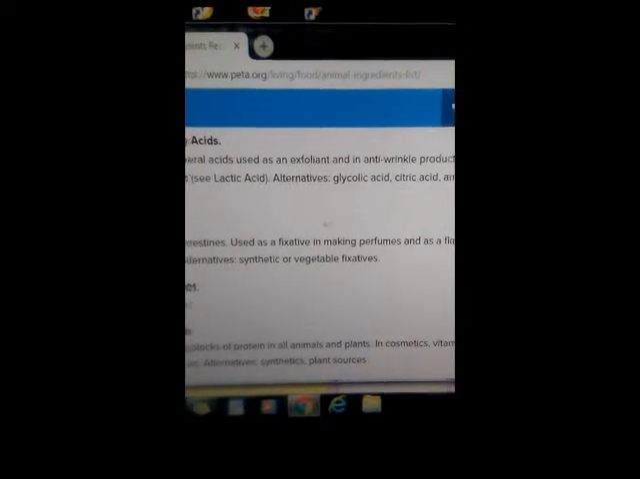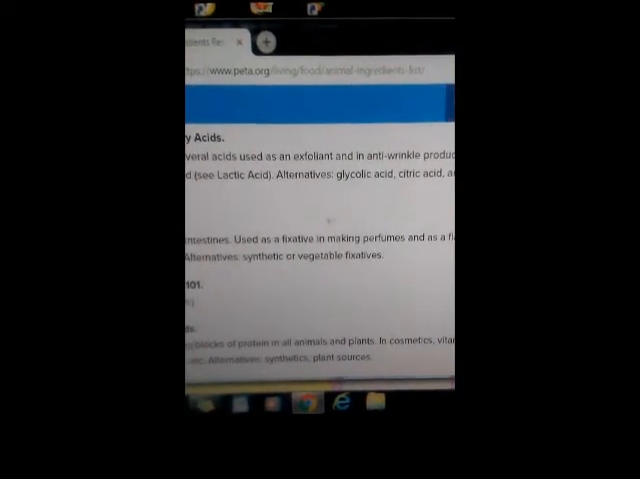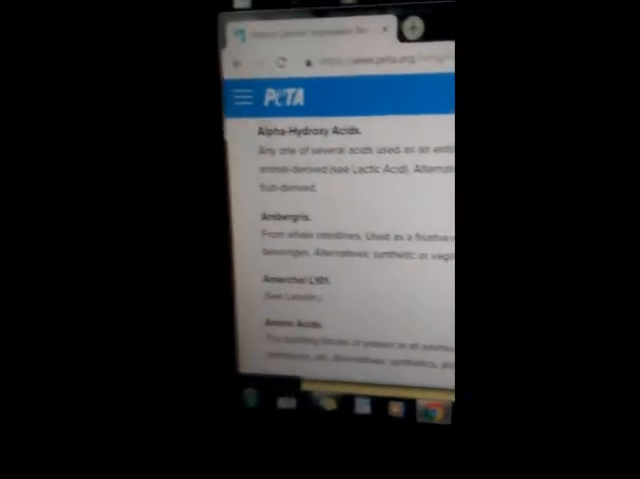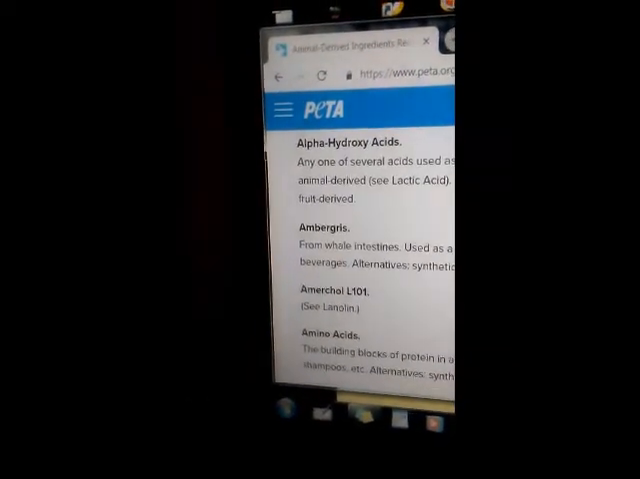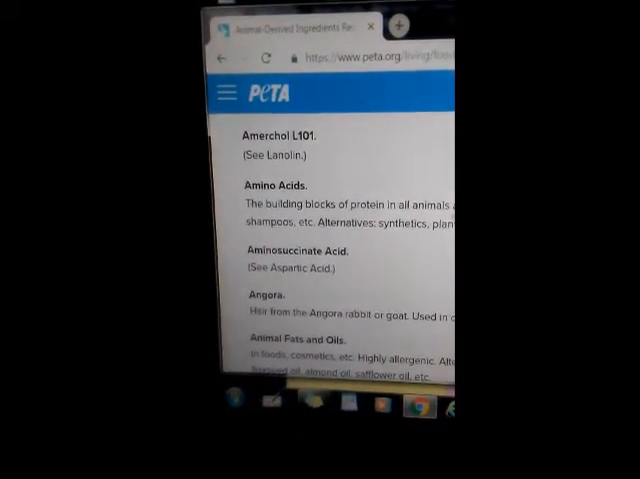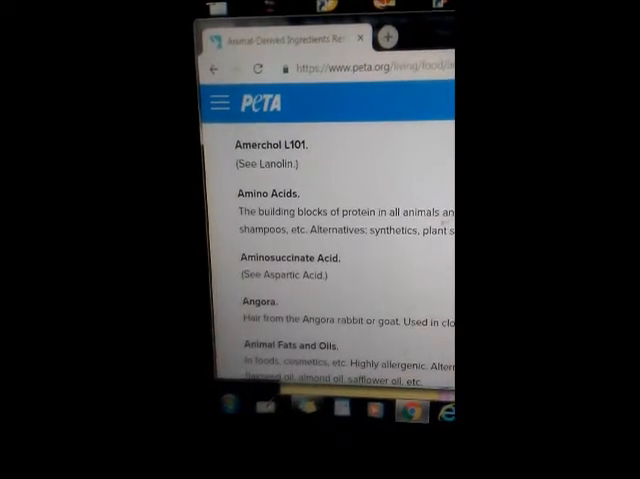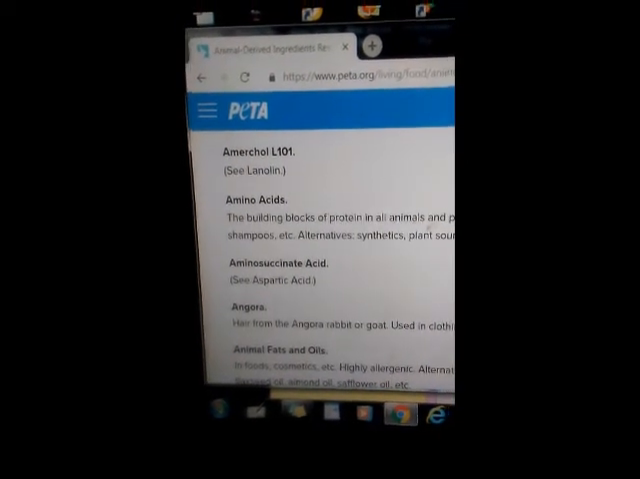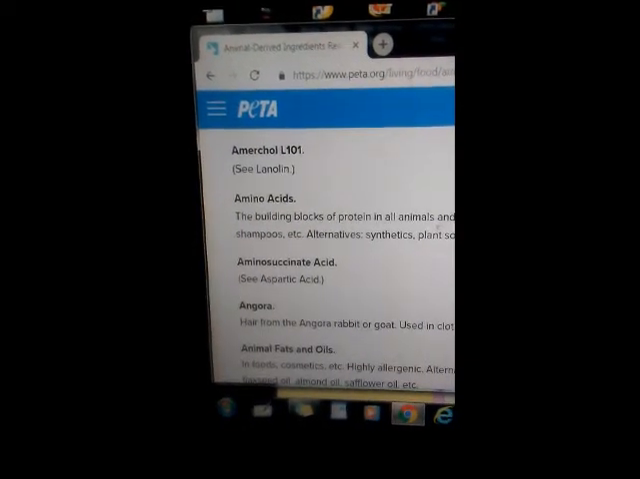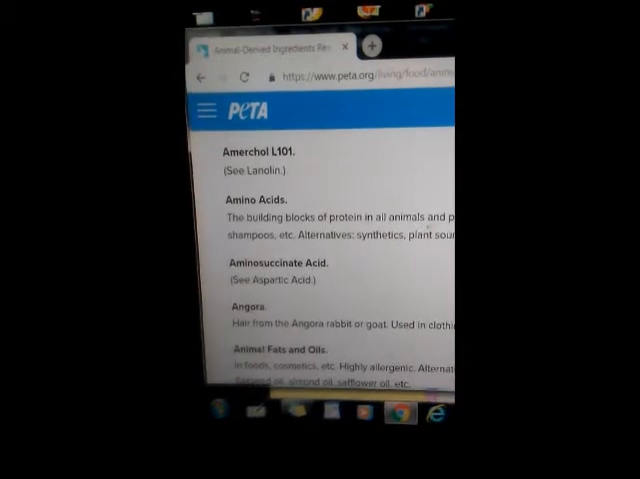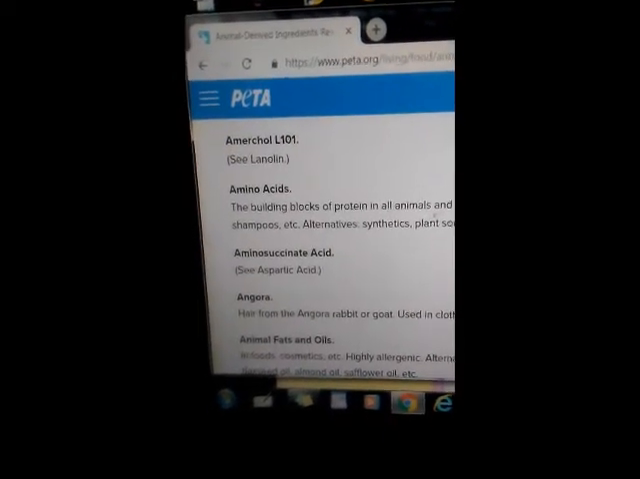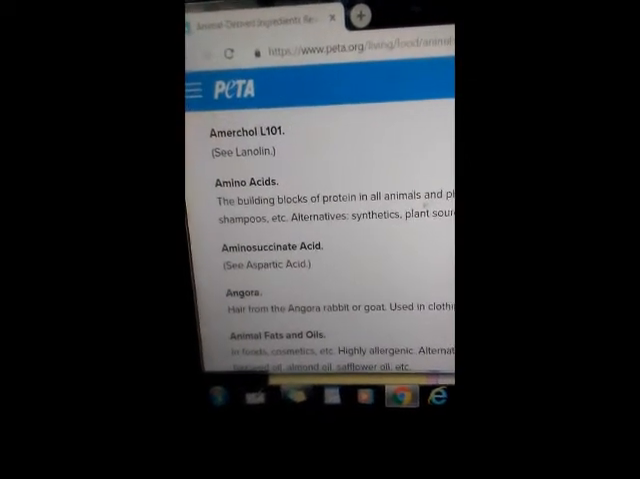Alternatives, of course, it says synthetic, but I wouldn't choose that. It's a vegetable fixative. And then there's lanolin, Amerchol, or however that is, L101. It says sea lanolin. Let me see. Amino acids, the building blocks of protein in all animals and plants, of course. But just looking at the fact that they use these from animals, our body makes our own amino acids when we take care of our bodies, eating the herbs and plants that we eat as needed. So anyway,